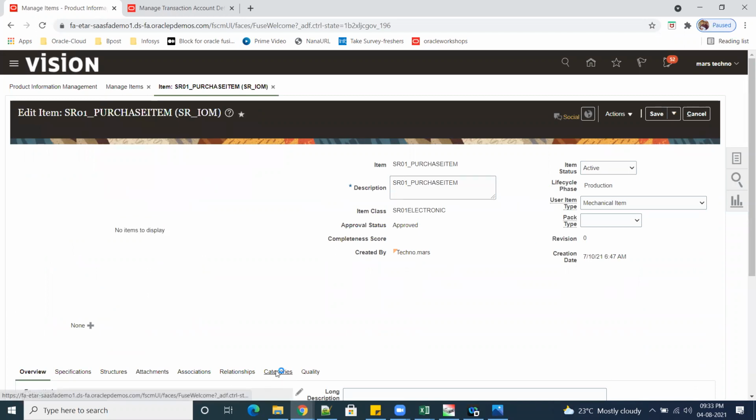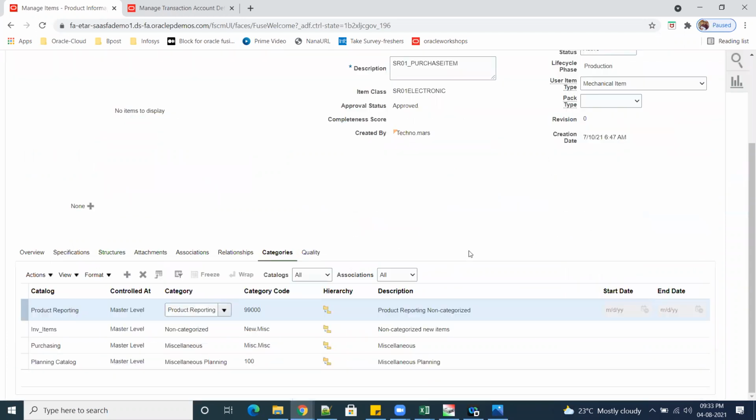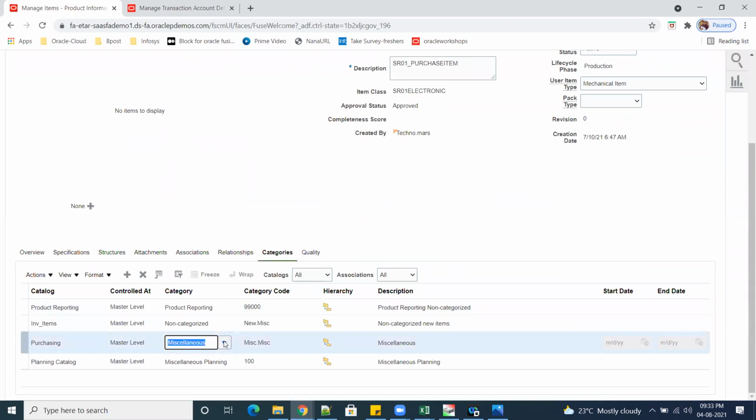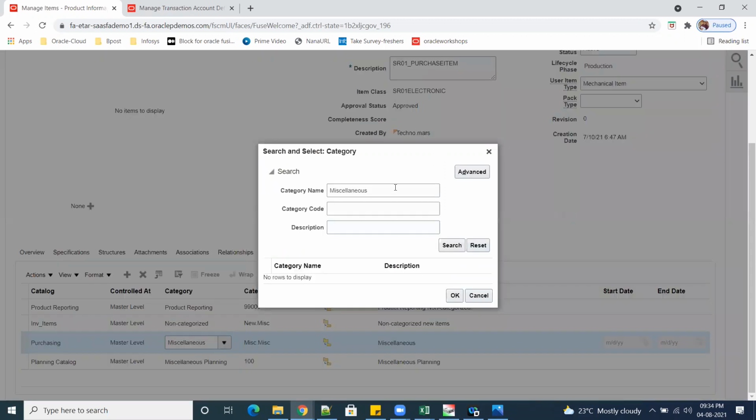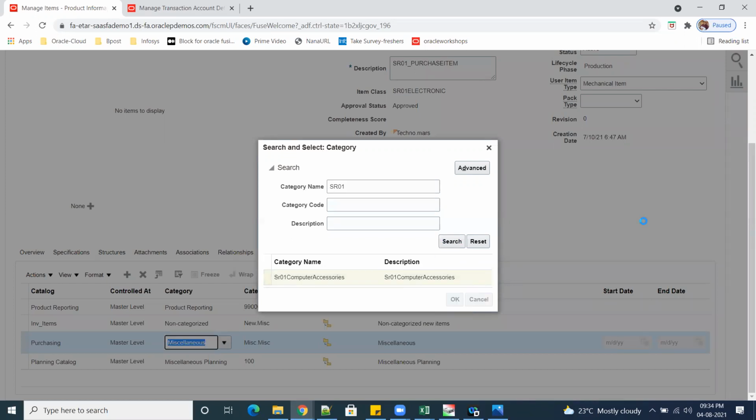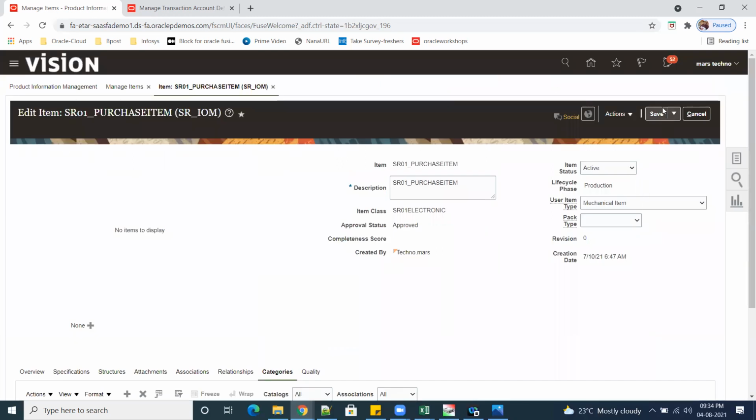So go to categories. I'll give purchasing as my SR01. Click on search. Put this one. Save.